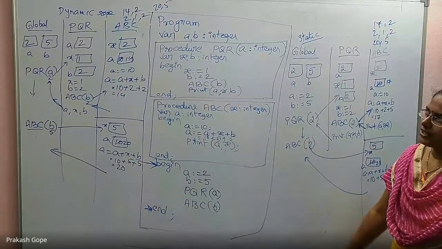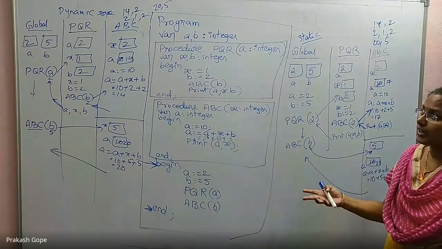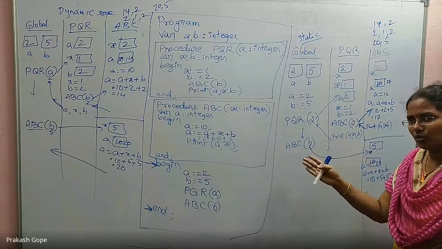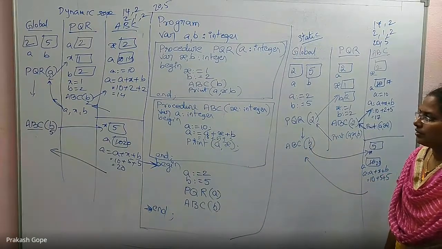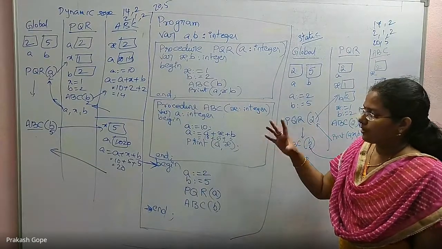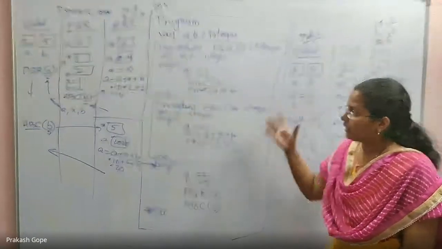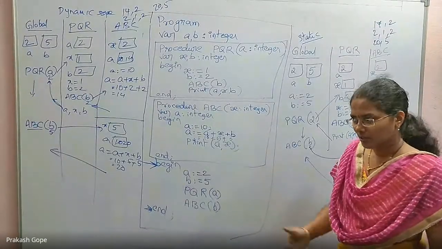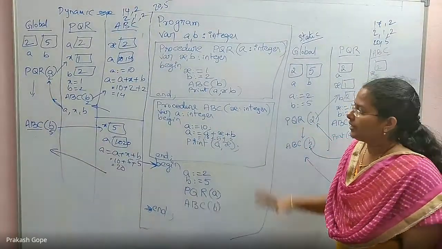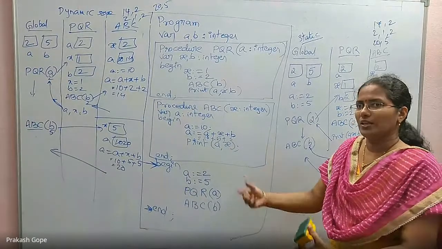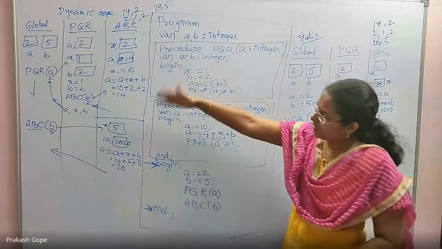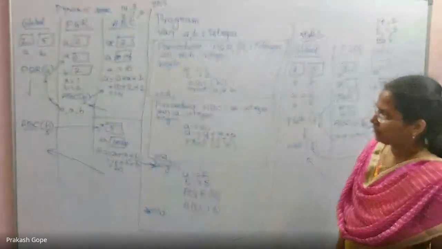Once we discuss parameter passing techniques, there are many questions combining concepts. Static dynamic scope plus parameter passing technique, both are combined and questions are given on that. The same code will be given and they say, if the parameter passing is call by value, and if the variable scope is static scope, what is the answer? Second question, if the parameter passing technique is call by reference, and if the variables are scoped dynamically, what is the answer? Two concepts are combined. You need to keep both of them in mind and then trace accordingly. The way we trace will be like this only. We don't change it.